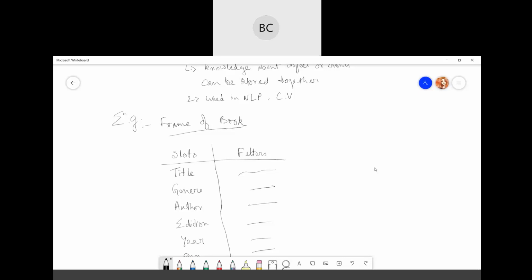Similarly, you can keep another type of entity, like employee.